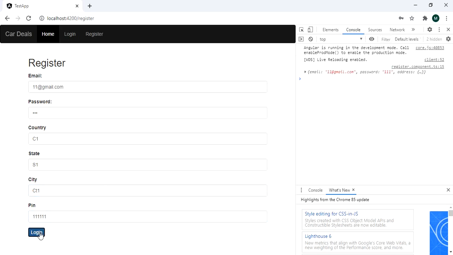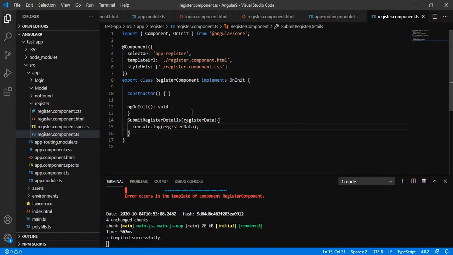So on clicking on register, we are getting this data. So this is what we required. Register data contains three fields: email, password and address, and that address further contains the group elements country, city and pin code and state, etc.